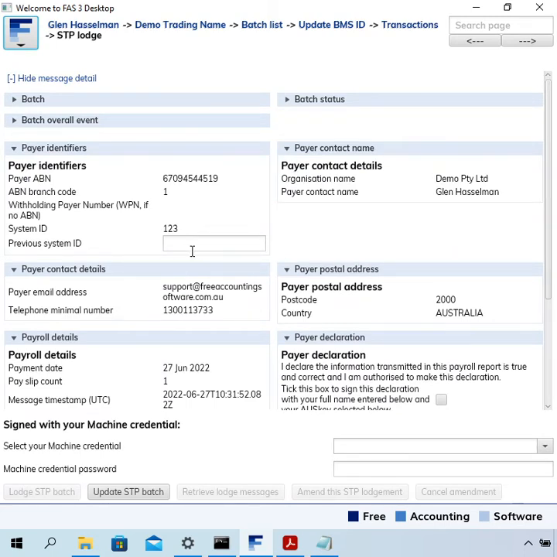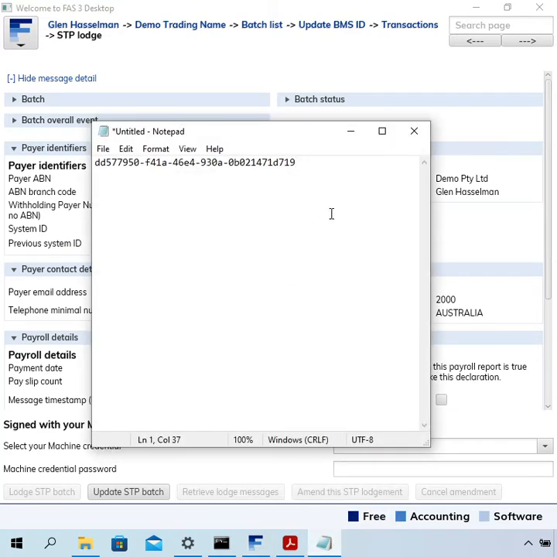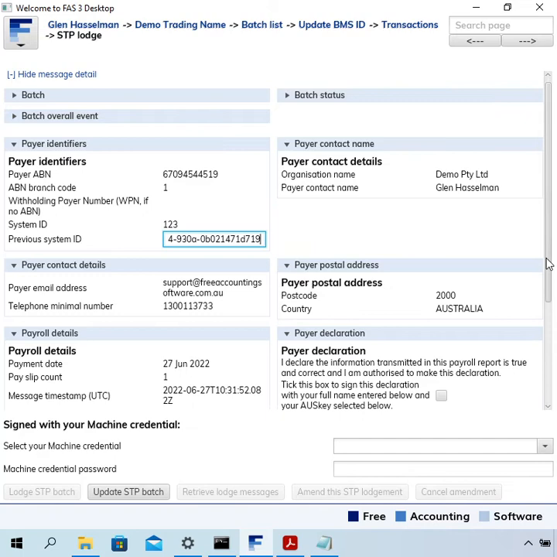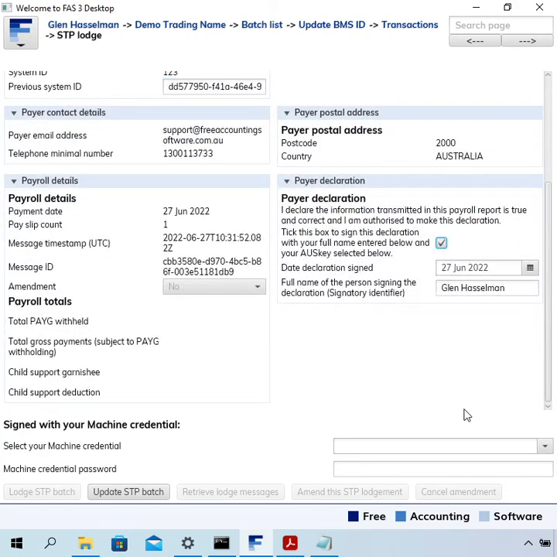and this is where we need the previous system ID. I haven't put the full term there. Perhaps I'll change that. It's called BMS, or Business Management System ID. So we'll just get that from where we previously saved it and paste it into here. Scroll down, tick the box to agree to the declaration, select the machine credential,